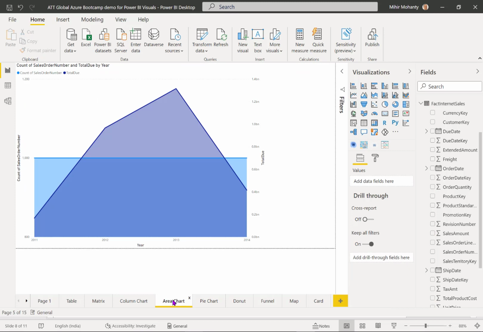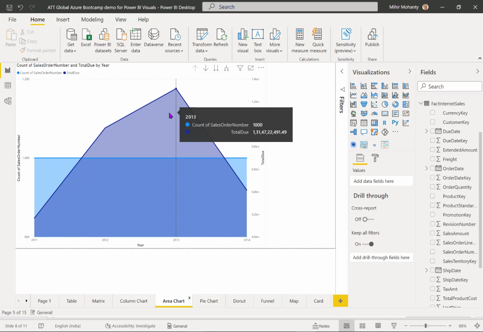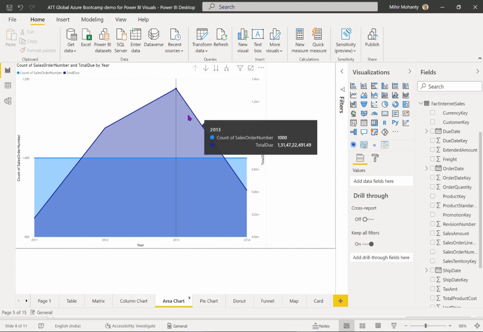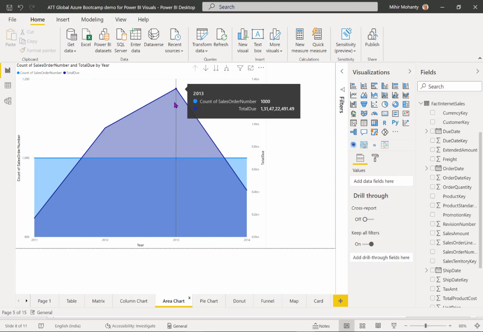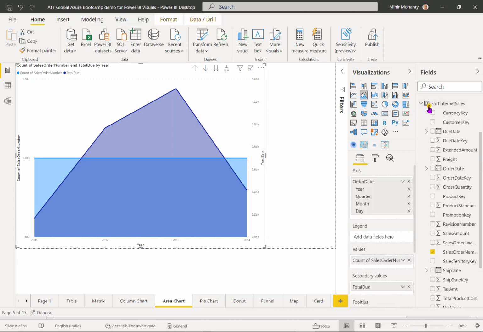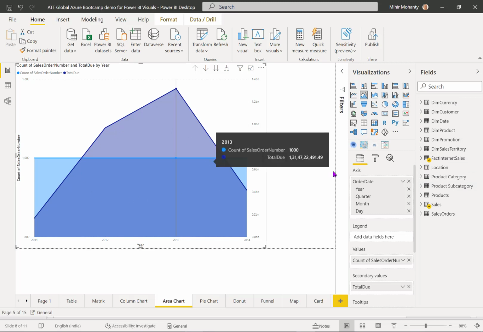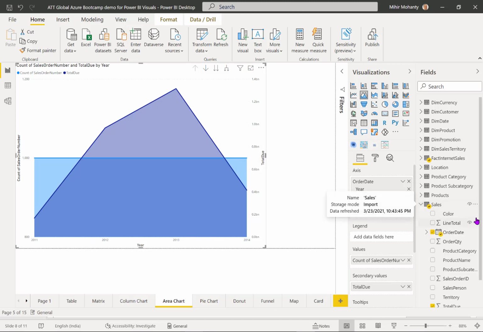Similarly, as you proceed further, you can see there is something called an area chart. The area chart is nothing but, whenever we are representing any data within the visual, it's representing the area in the form of highs and lows. If I go over there, the representation of data is being picked from here. Like here you can see it's picking up the data from this particular table, and looking at the sales data, it's picking up different